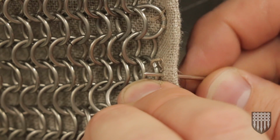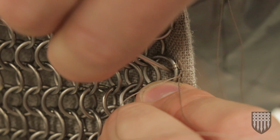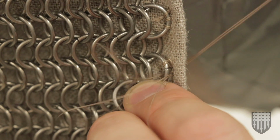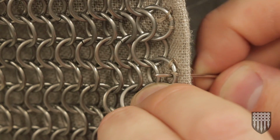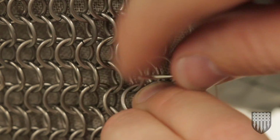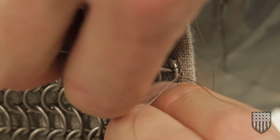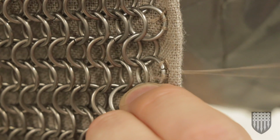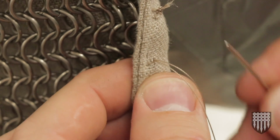And I'm just going to go over and around this 3 times. Looping through, 2, back down. And you can see how easily this harness needle just goes right through there. I'm not super careful about how I do these. I want this to have a bit of handmade quality. There you go, there's 3 loops around that, and then on the back, I'm just going to grab a hold